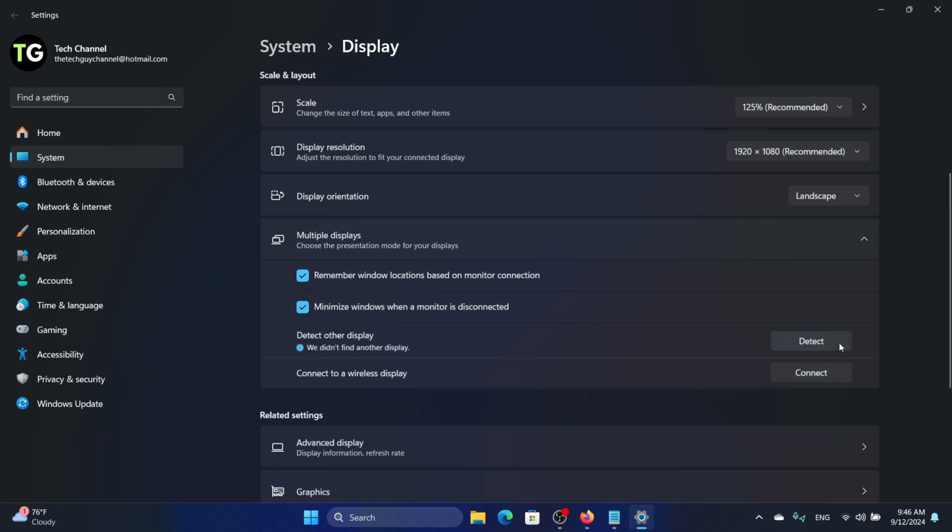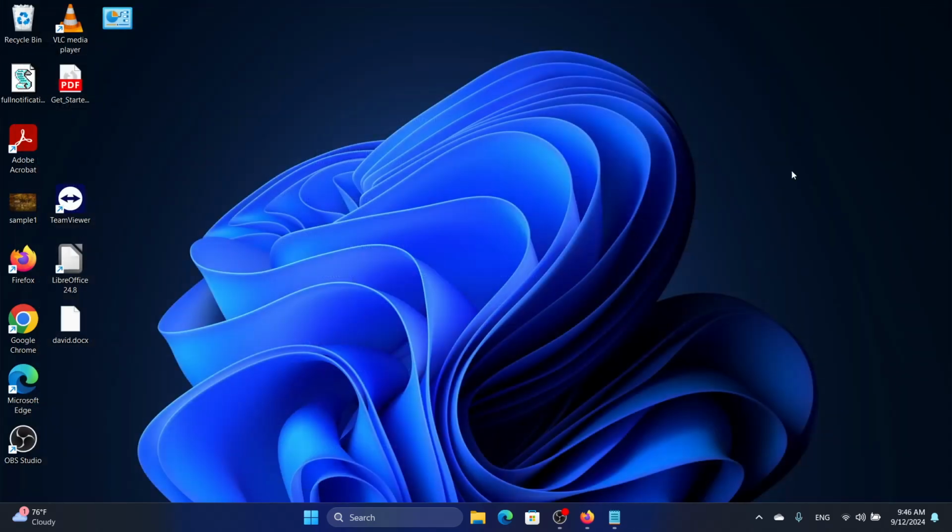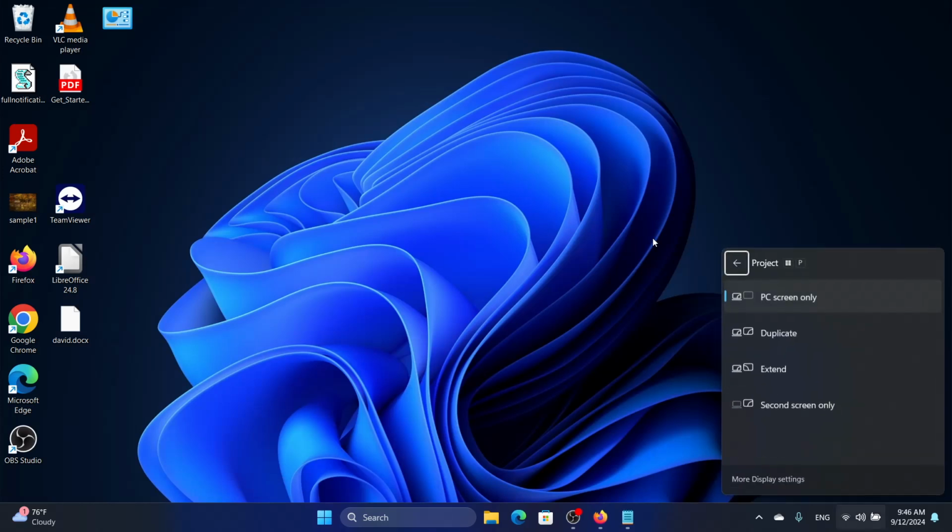All right, and then you can click on Detect. Now I don't have another display, but if you click on Detect, it will definitely work. If it doesn't work, then this should definitely work. You press the Windows plus P button and then you click on Extend,